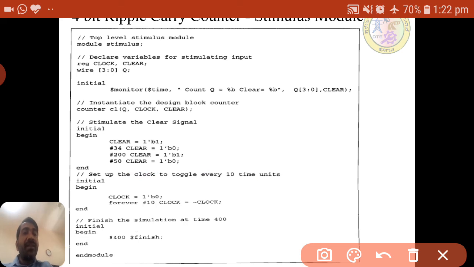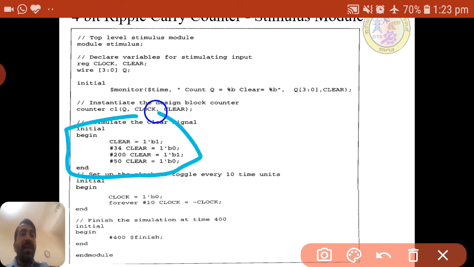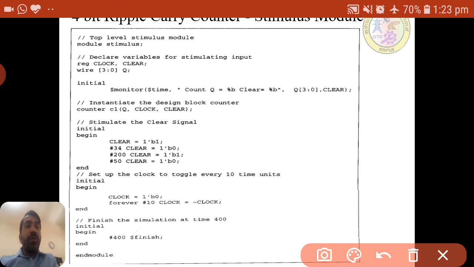So now this is giving the clear input. This is one block, begin and end is over for clear. After the clear, how to give the clock: again we have taken initial, begin, and initially the clock should be declared as 0. This is the format we need to generate continuous pulses.